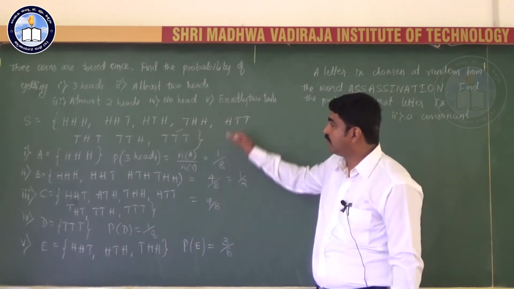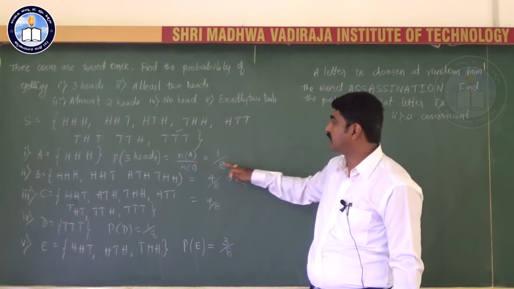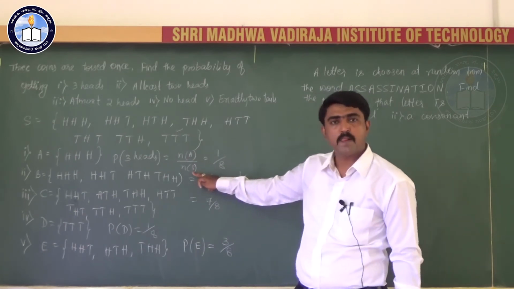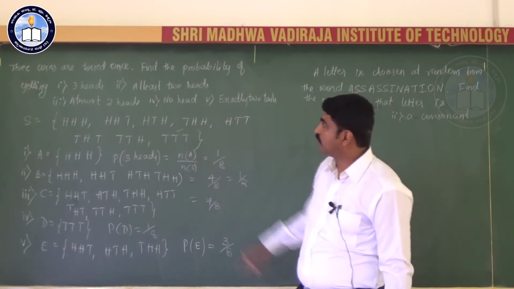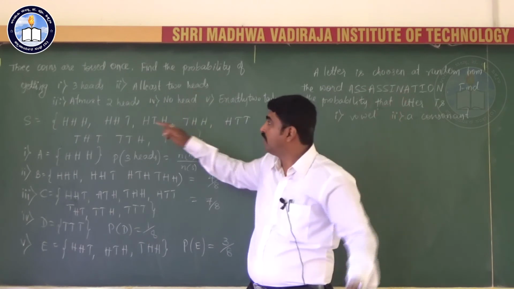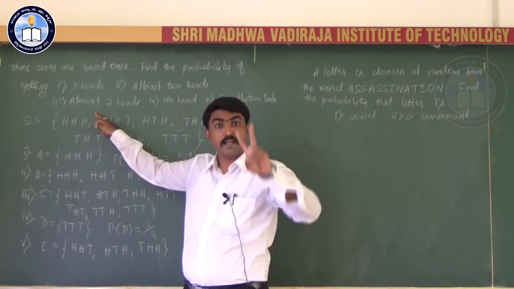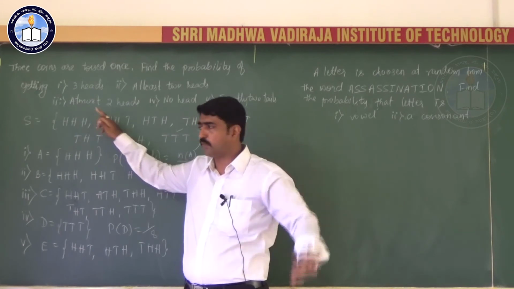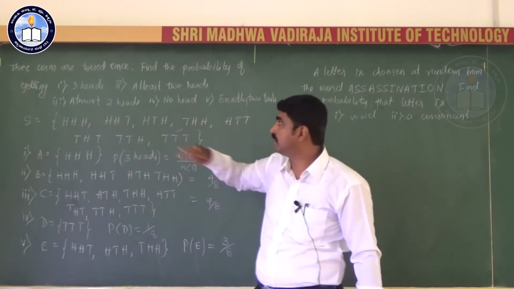So probability of any event is always taken as the number of outcomes favorable to that event divided by the total number of outcomes. So at least 2 8s means minimum 2 8s and more than that. At most 2 8s means maximum 2 8s or less than that. Even if no 8 is there, it is no problem, it has to be considered.